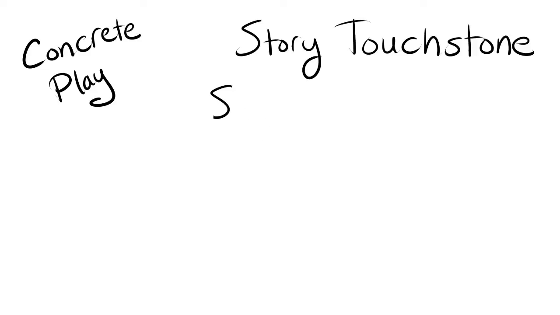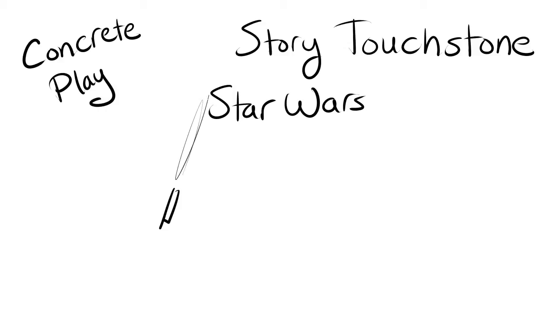So I brought up the idea of Star Wars, and Star Wars has a huge number of story touchstones that are so iconic that it's hard to believe they weren't on purpose. I think that they probably were. So the idea of a lightsaber, which represents the soul of a Jedi, was imported from Japanese cinema, but it remains a very, very omnipresent part of the universe of Star Wars, and people immediately know how they should feel and what sort of stories are going to be told when someone pulls out a lightsaber. Similarly, Force powers like Force lightning.